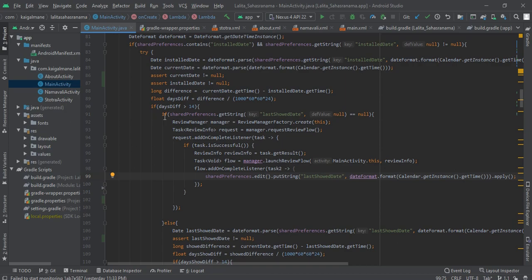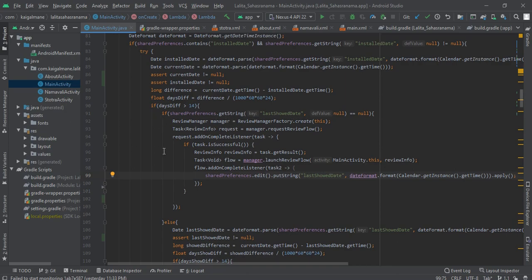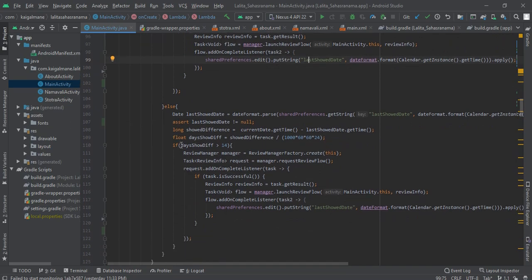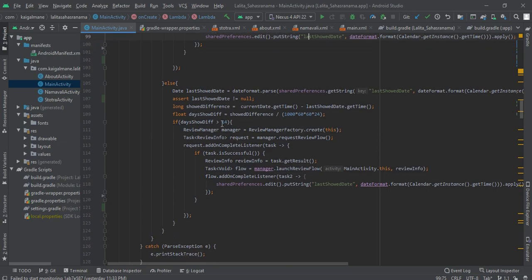But if it's been more than 14 days and it was already shown once or sometime, that means it will go to the else condition. And here we are checking if it's been more than 14 days from the last showed date. If it is more than 14 days, then we are showing the review pop-up again, because it's been already 14 days from the last show date.